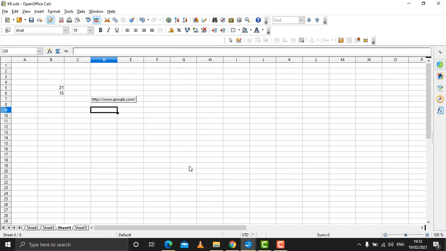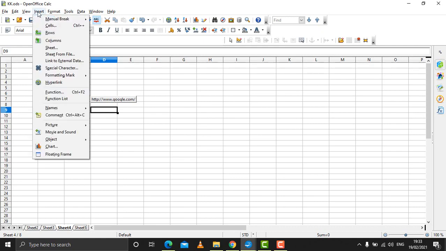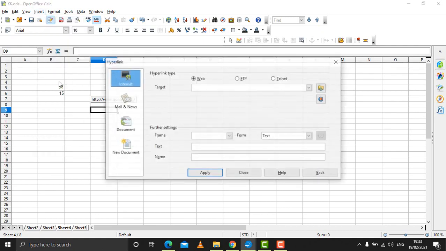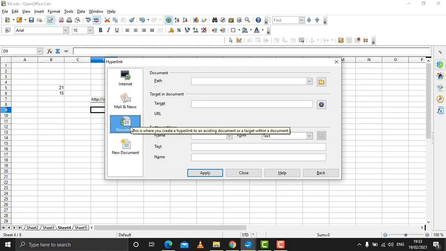Like I said, a hyperlink can be created to go to a browser for a particular page. We can create hyperlinks to go to other applications also. For that we have to follow the same method. Click on the insert menu, a list appears, from there click on hyperlink and here you click on document. From here you can select any document which you need to open as you click on the link. So from here you can select the path for the document which you want to open.